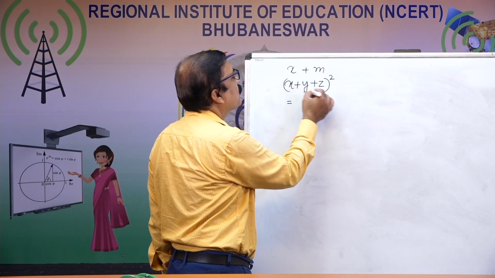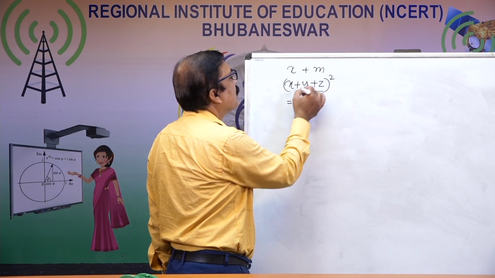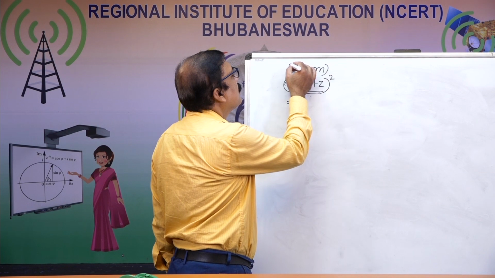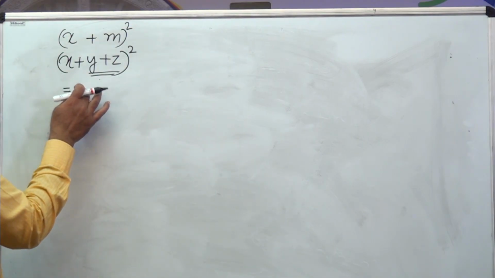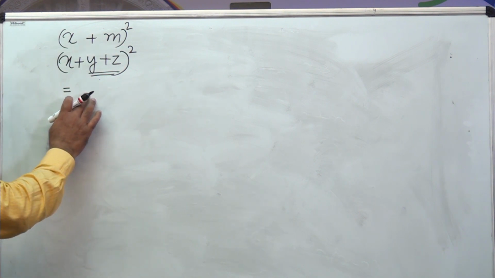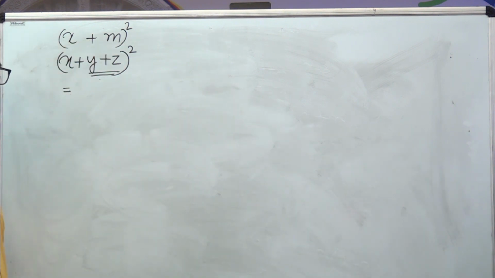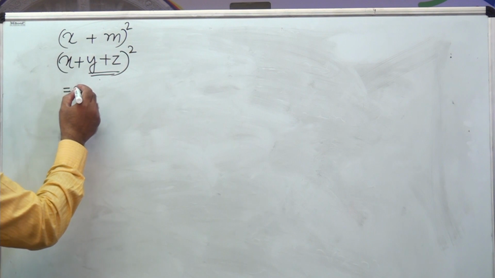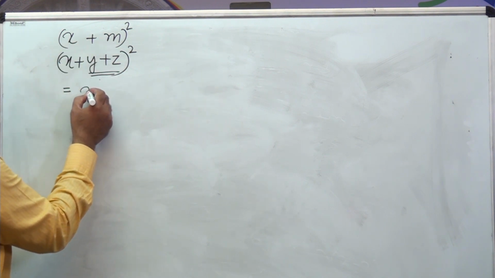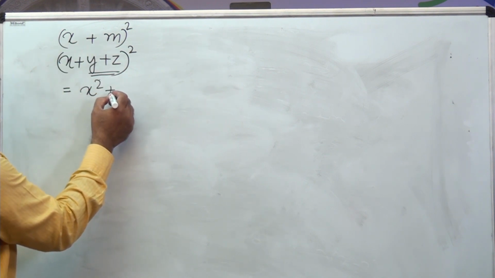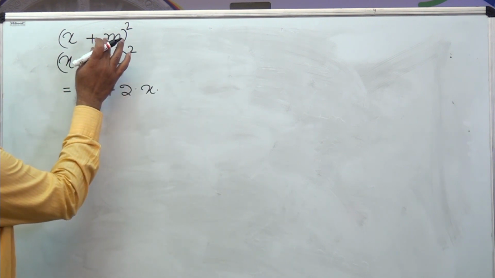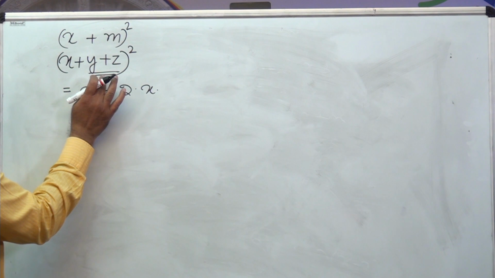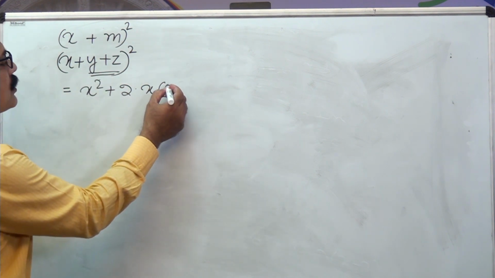If y plus z is m, this becomes x plus m whole square. So what will be the result? As in the first identity, this is x square plus 2 into x into m. In place of m, let me write y plus z,